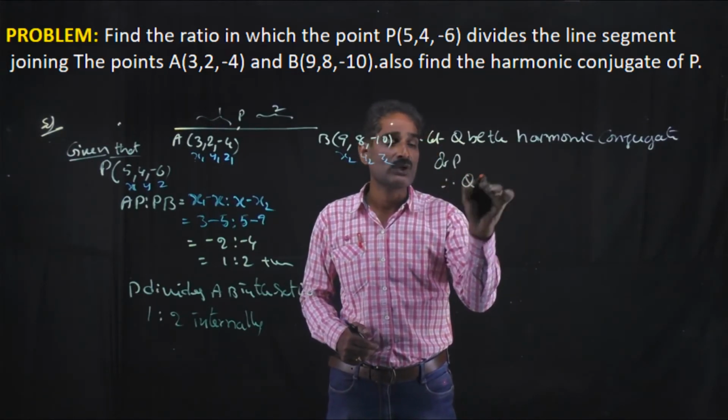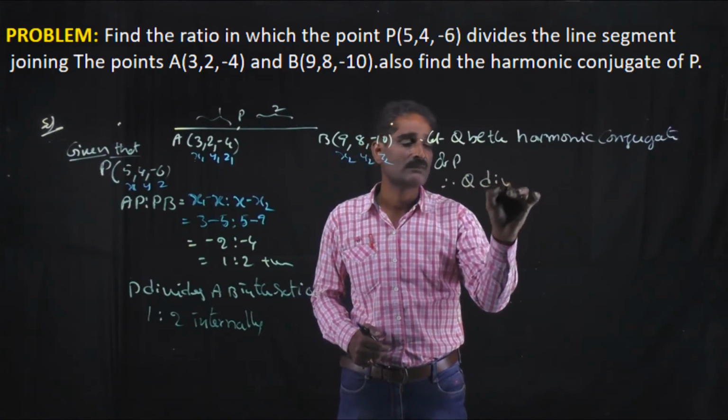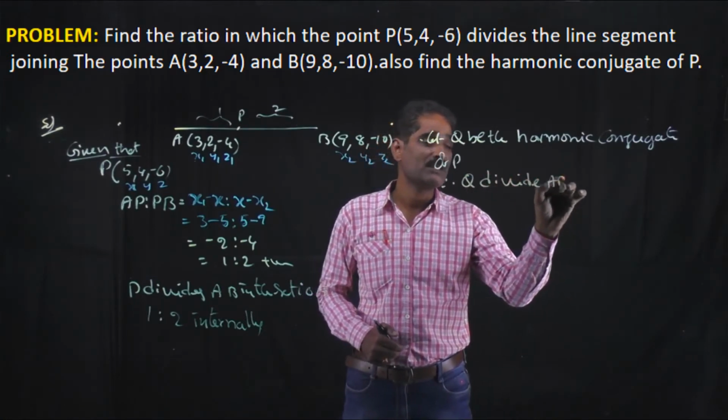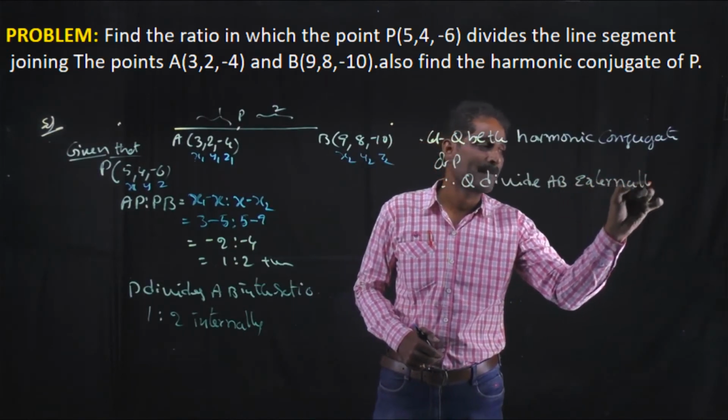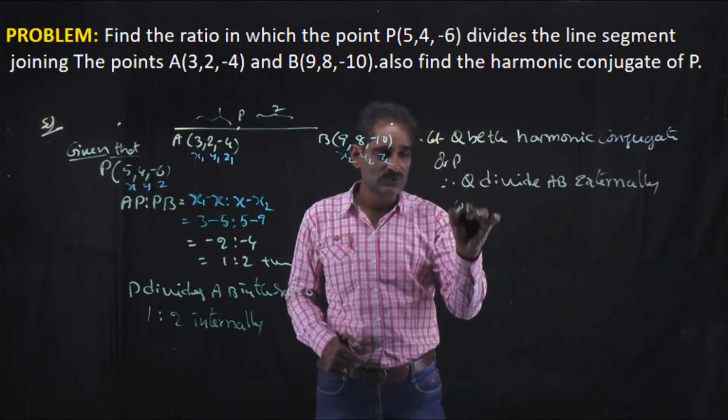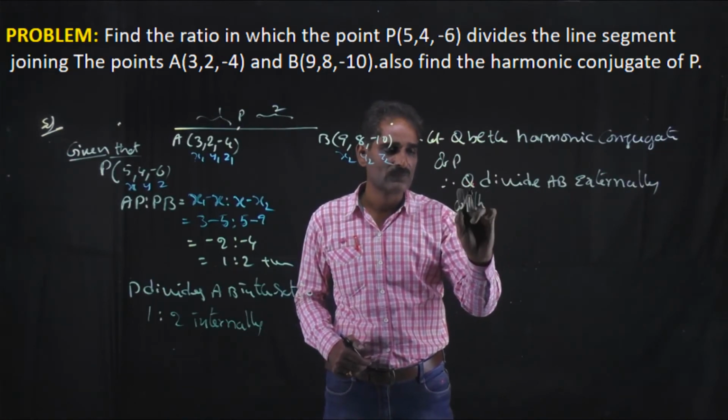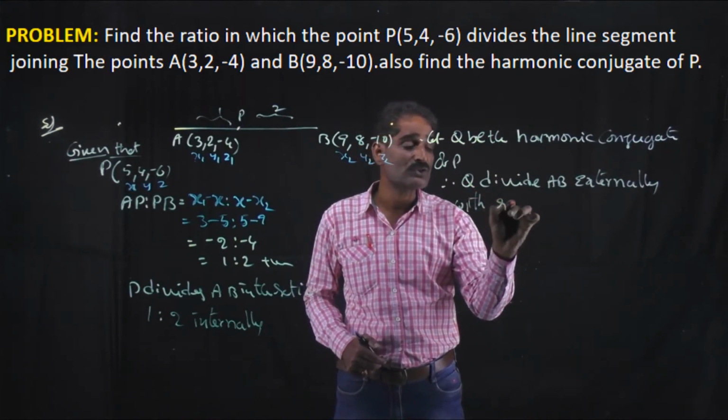Therefore, Q divides AB externally with the same ratio